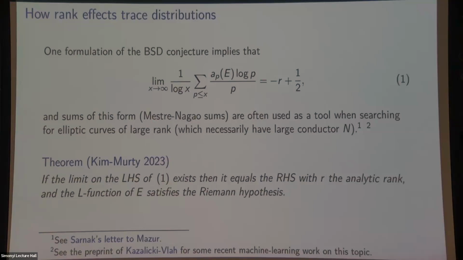well, it indicates that the conductor plays a role here, but it's also relevant to the search for elliptic curves of large rank, especially if you're taking a machine learning or data science approach to it. You might imagine, well, what if we analyzed lots of elliptic curves with large rank and gave maybe the first million or first billion a_p's to our machine learning system and asked it to develop a means for predicting rank based on those a_p's. And what the role the conductor plays tells you is that this will work extremely well when conductors are small.